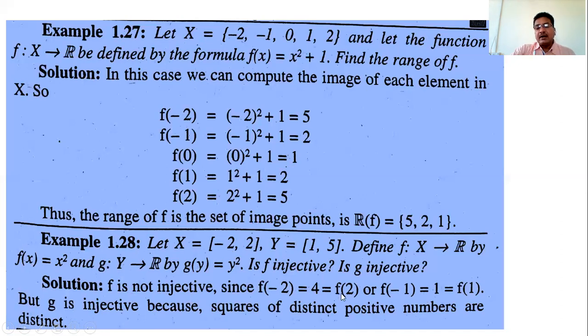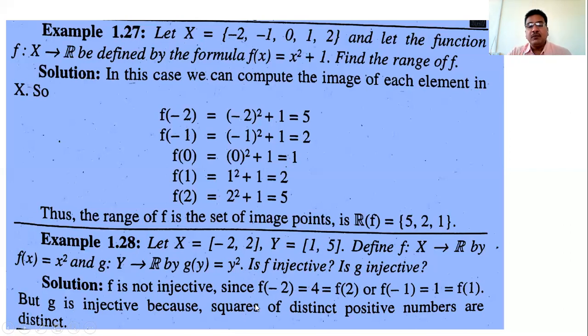Also we can give a counter example. This is called a counter example, that is, the condition fails for these elements. We can also give the example that f of minus 1.5 and f of 1.5 are both the same. And f of minus 0.2 and f of plus 0.2 are both the same. So there are infinitely many counter examples to justify that f is not injective.